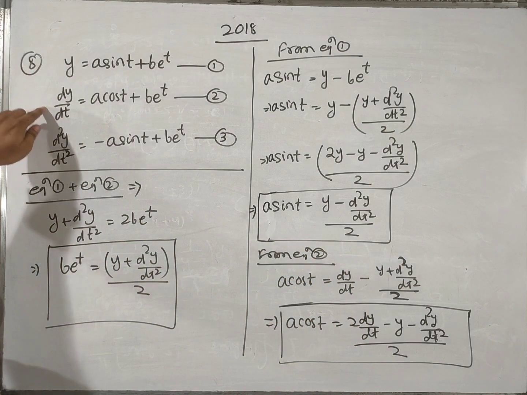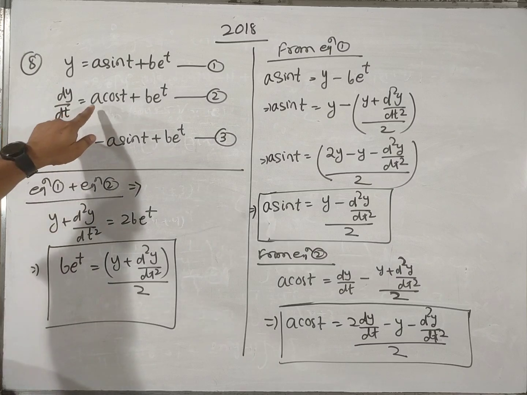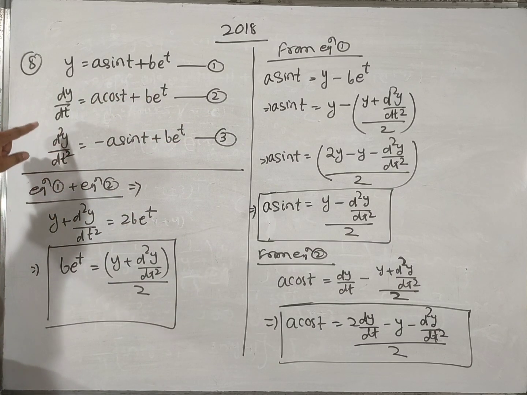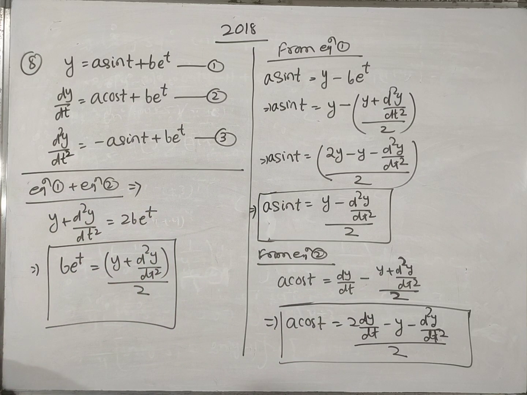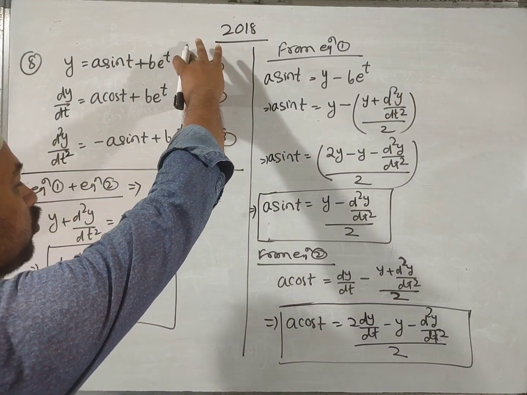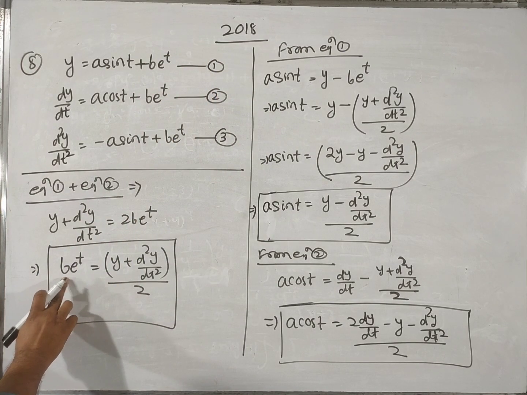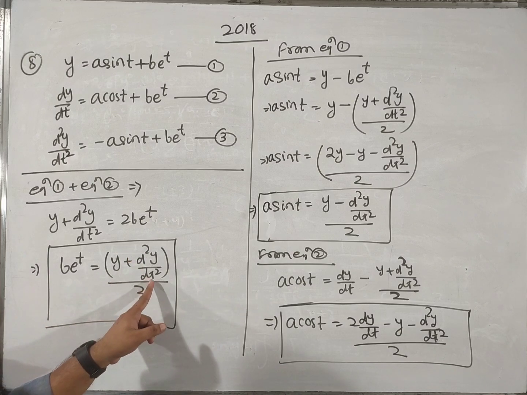The first order differentiation dy upon dt, as the variable is t, so dy upon dt is a cos t plus b e to the power t. And after the second differentiation, again we have d square y upon dt square, it is minus a sin t plus b e to the power t, which is equation number 3. Then adding equation 1 and equation 3, we get b e to the power t, and b e to the power t is equal to y plus d square y upon dt square